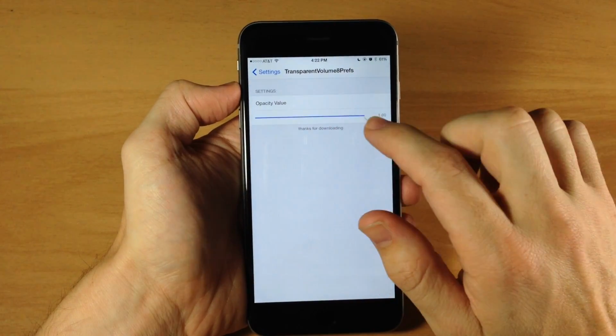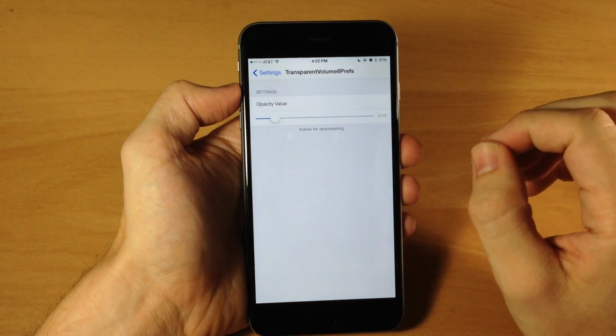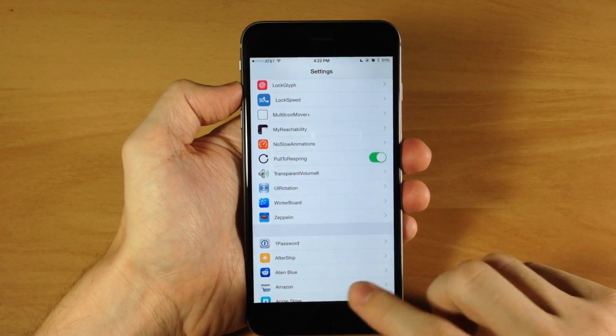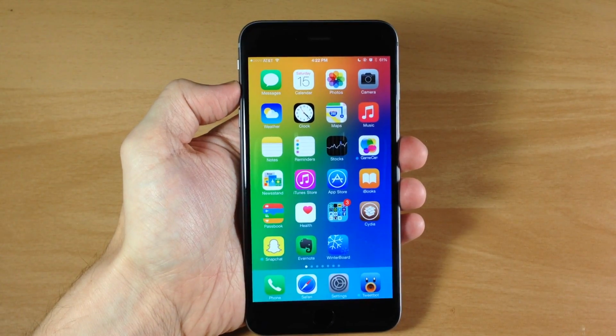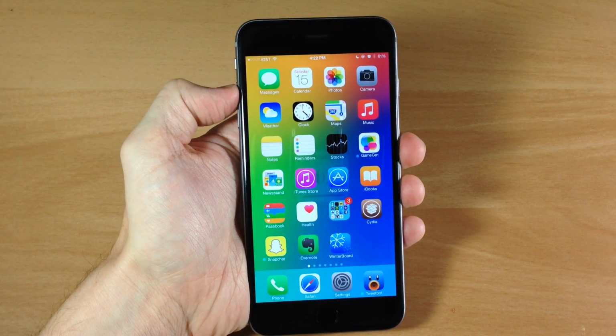you can see that you can actually change the opacity value. So if you want it to be a little more transparent or a lot more transparent, then you can just move the slider down and it's going to do just that. So let's go ahead and go to the springboard here. Sometimes it can take a little while for it to take effect. You don't have to respring or anything like that, but let's go ahead and hit this and you can see